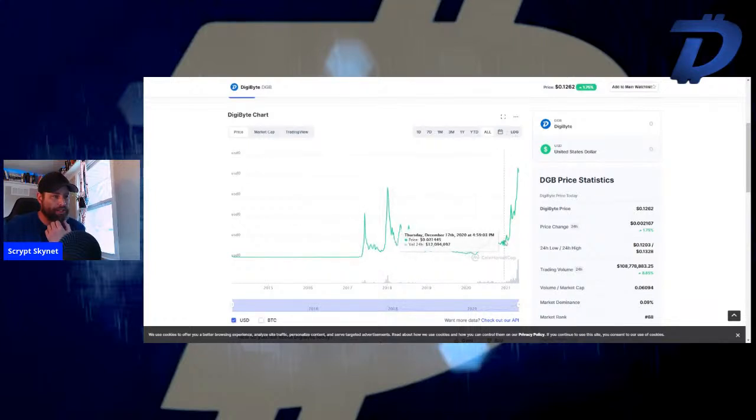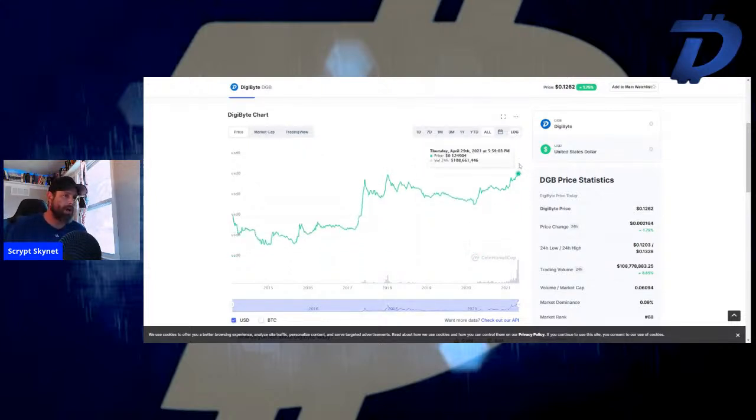This is real structure, not like this pump and then just falling off. After this real structure, this baseline for DigiByte, we have more structure here. So what in the world is going on? Well, let's go to the log chart. It doesn't look all that big on the log chart, and this is the previous market. Here's where we were on the recent bottom, and then we climbed out, and we made this step, and now we're making another step.